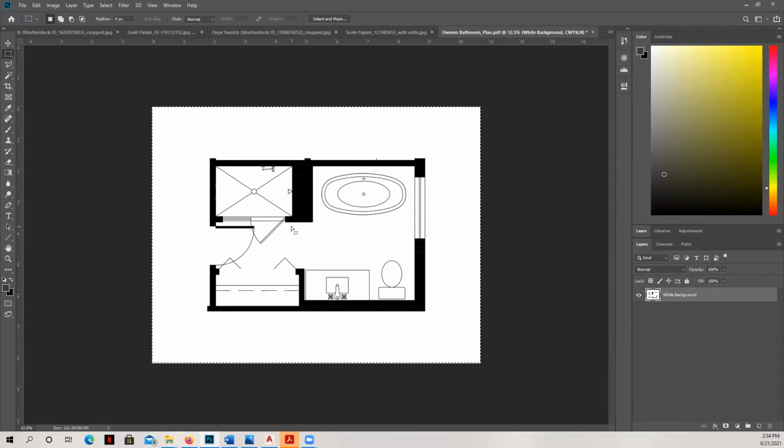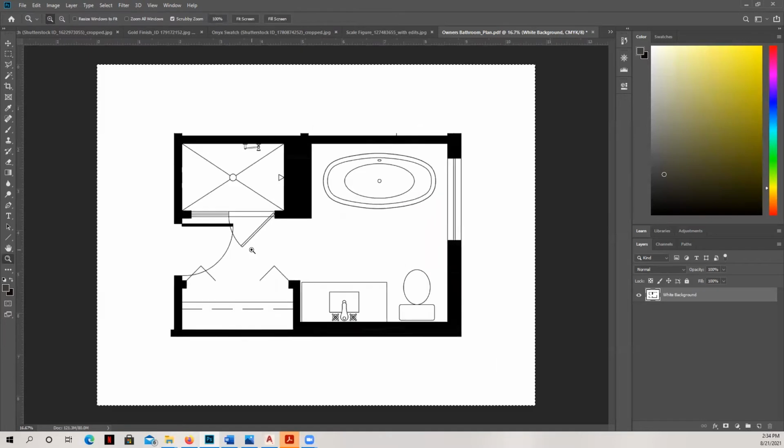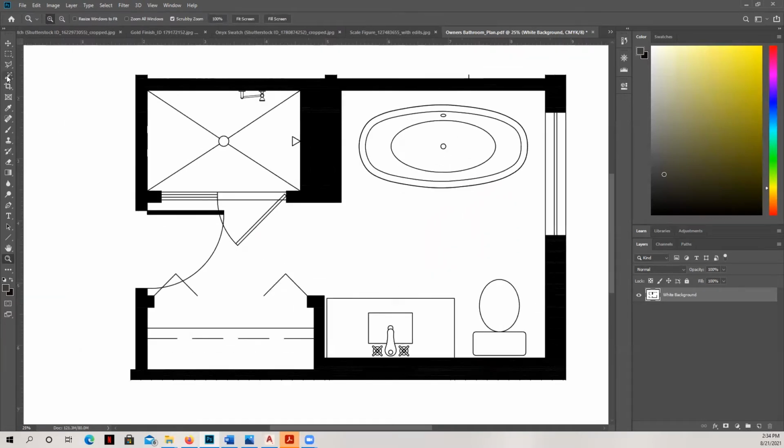So what I'm going to do now is begin by applying that wood floor finish to our floor plan. So I'm going to zoom in just a little bit. And now I'm going to grab my magic wand tool, and I'm going to click on all of the areas that are going to need that wood floor applied. Now there's one thing I do want to draw your attention to: it's going to be a lot easier if this process happens within a closed loop or a closed enclosed space. And so this is going to be a problem right here, because of course we need the wood swatch to go inside this door swing, but it doesn't have a place to stop over here.